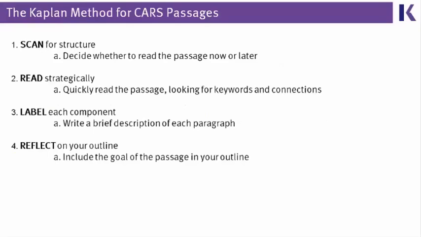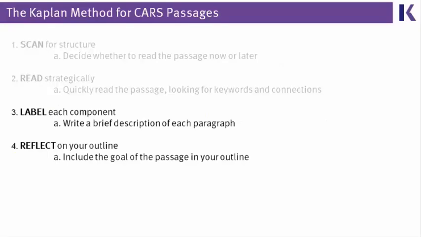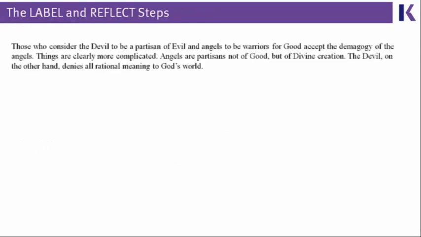Now that you've seen keywords, you're ready to jump into the label and reflect steps, and we're going to do this by using a passage to practice labeling and reflecting and making an outline. Labeling consists of writing a brief note to yourself about every single paragraph that you read in a passage. Reflect is where you think about the author's main goal in writing that passage and write that goal in your